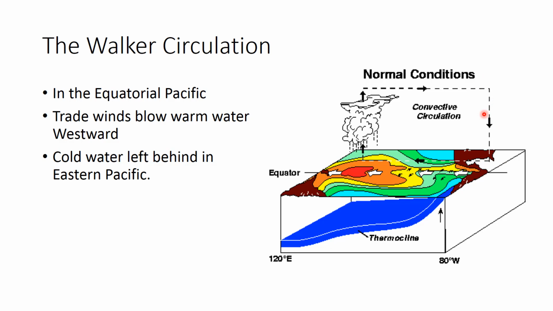Now with that said, what happens in an El Nino? Well, an El Nino is actually a phase of the Walker circulation. And here's what happens. Those trade winds that were skimming all of that water and moving it to the western Pacific actually slacken off, and in many cases even reverse. And the reversal of the trade winds then causes warm water to begin to collect over the eastern half of the Pacific Ocean. And what